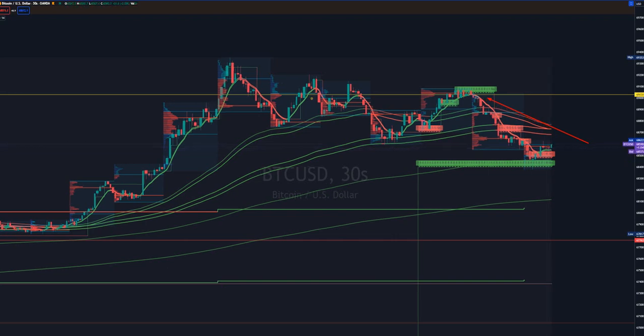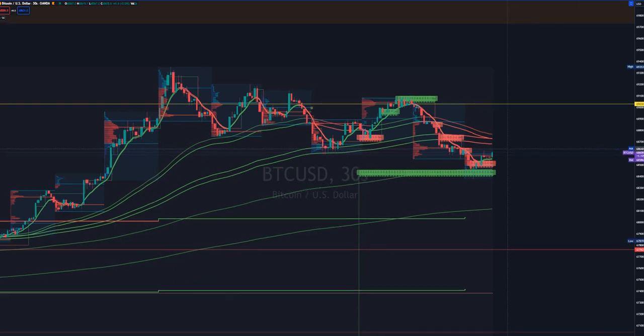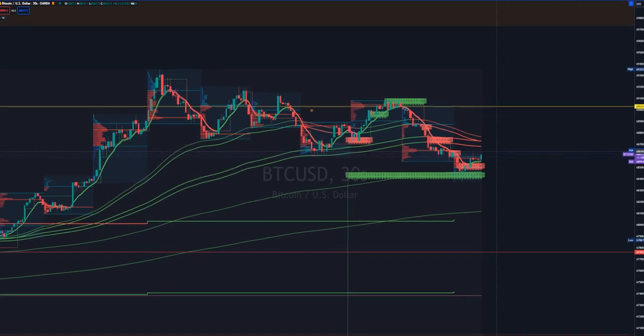If the market now starts to consolidate above it, meaning that the bears are accepting this price of the bulls, and they let them a little bit distribute their bullish positions, meaning that